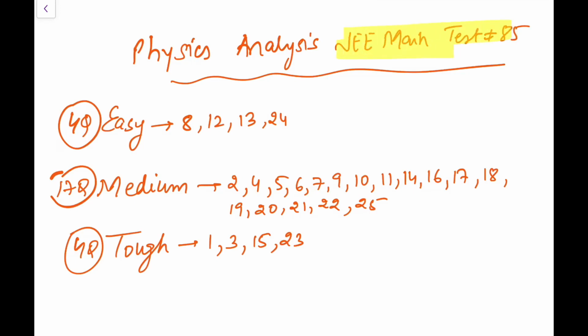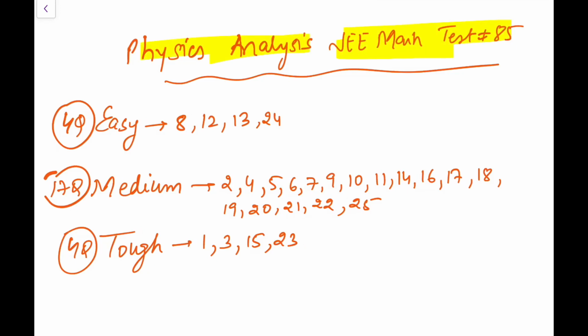I have just solved JEE Main Test 85 and here's the analysis of the physics part. The paper, I think, is of medium difficulty level, and the difficulty is somewhat higher, because I can rate only 4 as easy. The rest are medium, 17 questions, and 4 are tough. There are no lollipop questions, not very direct questions, so it is not going to be that easy.